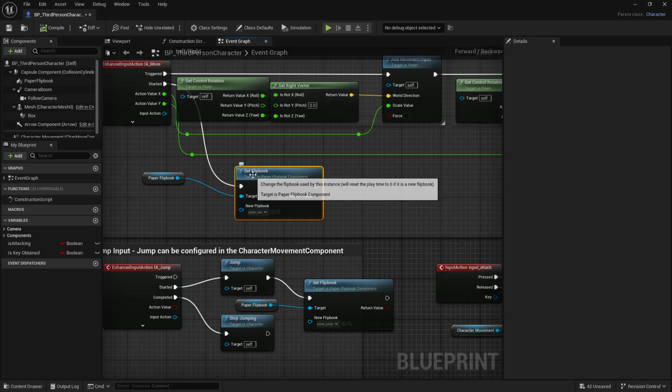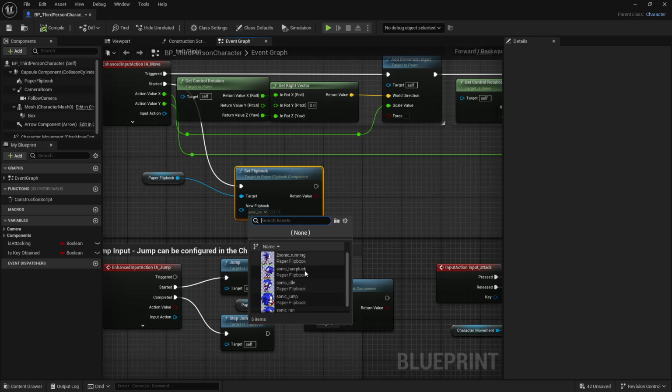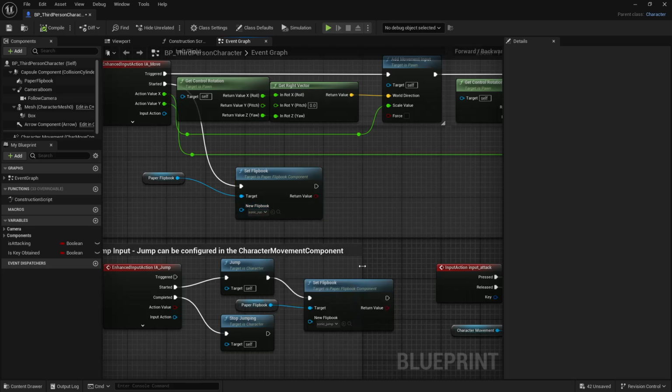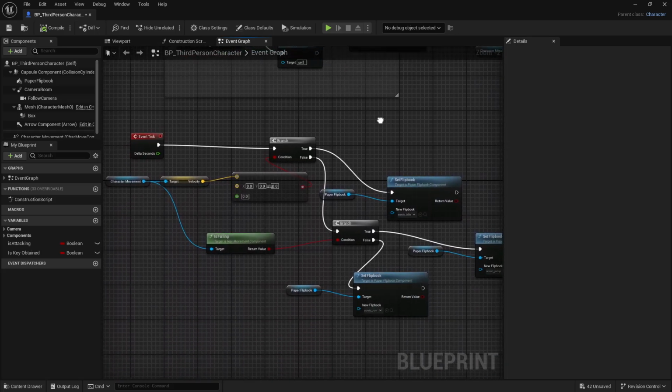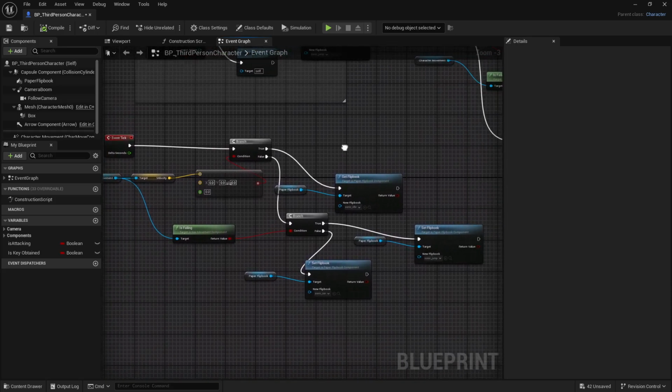You bring up Set Flipbook, Paper Flipbook, you run it to the target, and then you have the flipbooks that you had made earlier. This is obviously doing the jump animation. And then, in order to get the jump animation to actually animate right, I don't know if you guys remember when we were doing the event graph for Erica when we first imported her and we were doing the jump, run, punch interactions. This is essentially the same exact thing